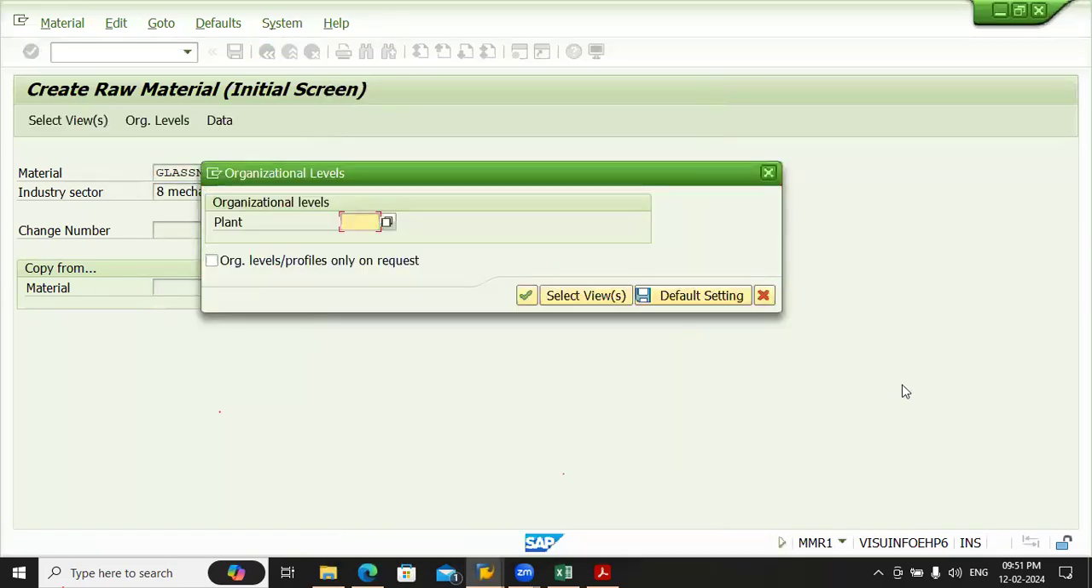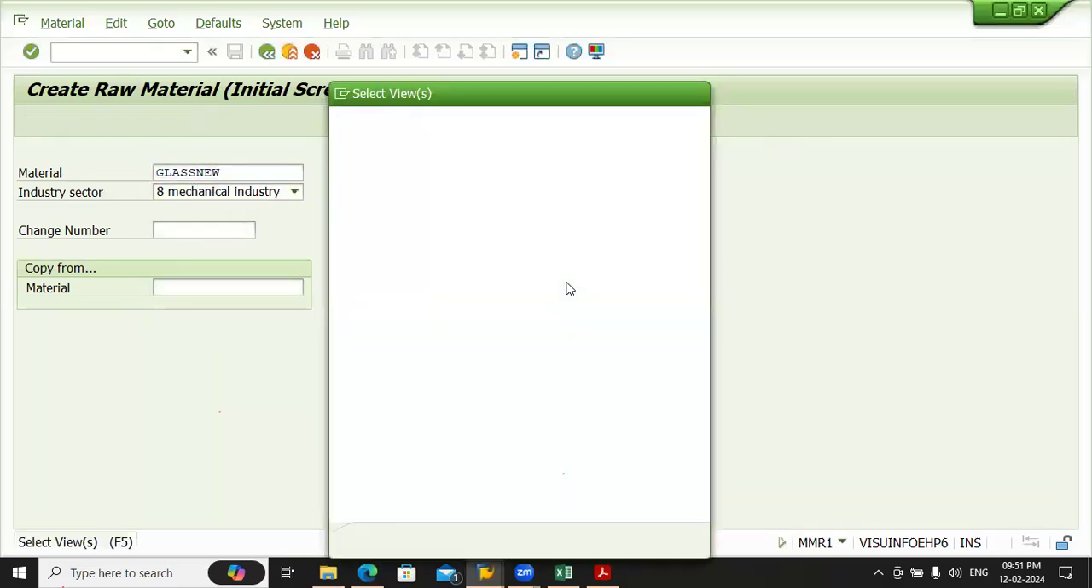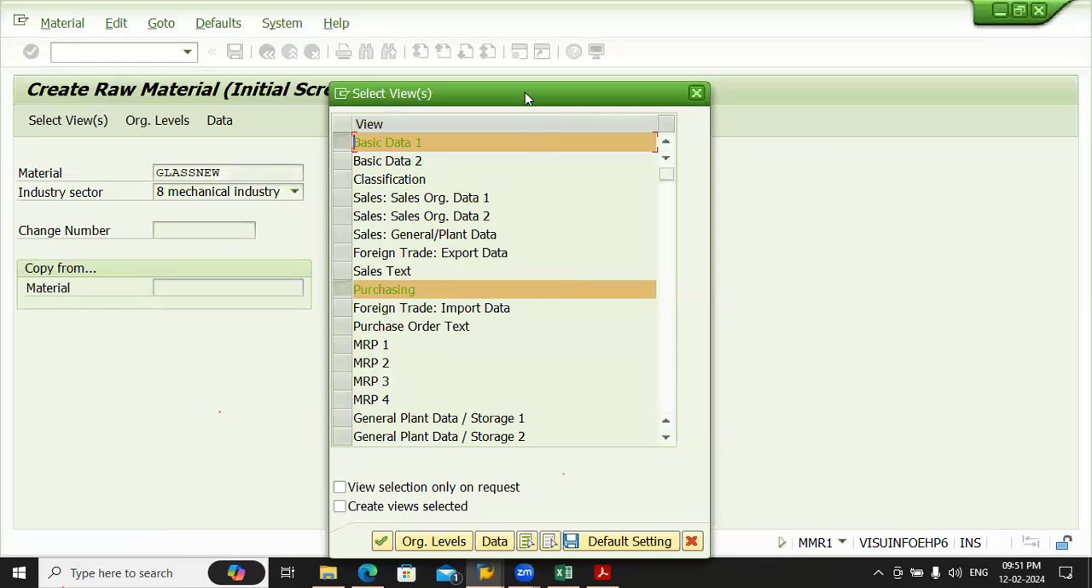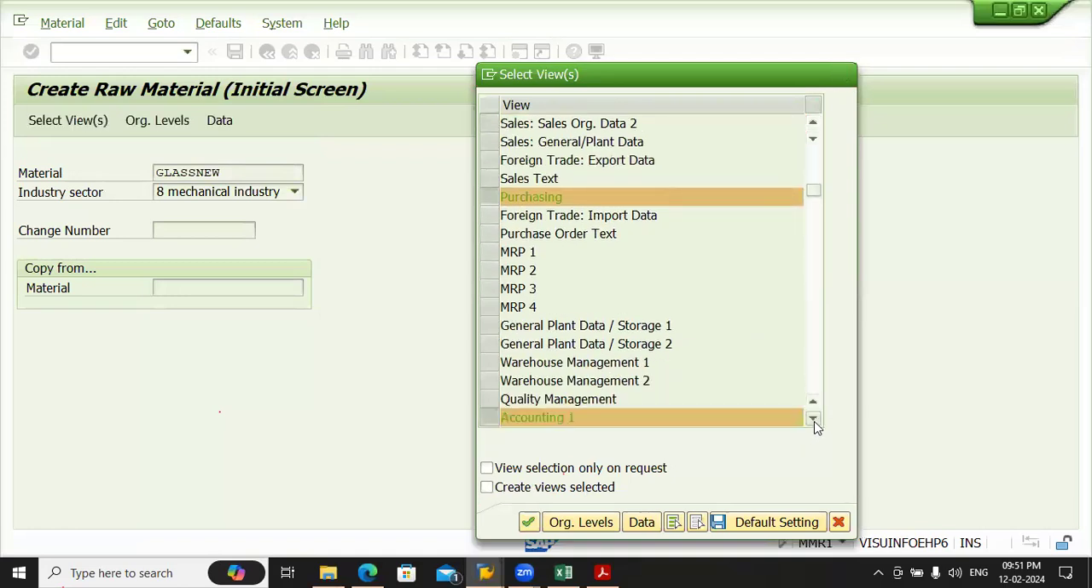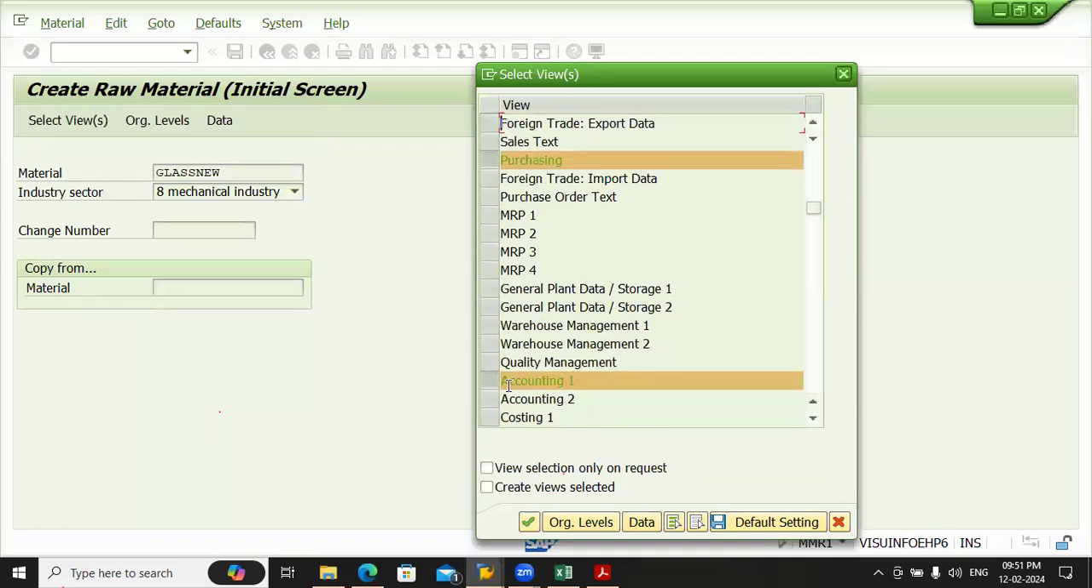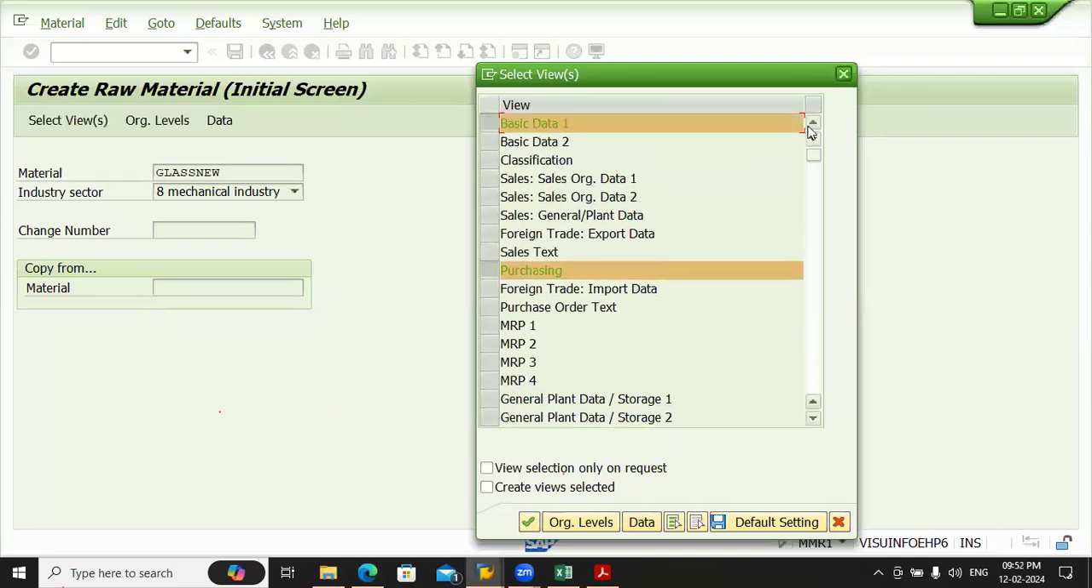Let's create it. So as of now, guys, if you are looking toward this, I have only selected 3 views: basic data view, purchasing, and here is the accounting one. In accounting one, we are going to give the price. In the purchasing, we are going to give the purchase group, and in the basic data, we are going to give the